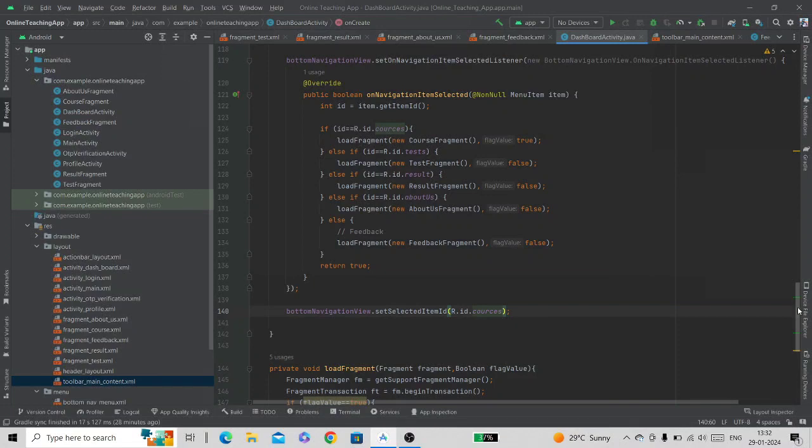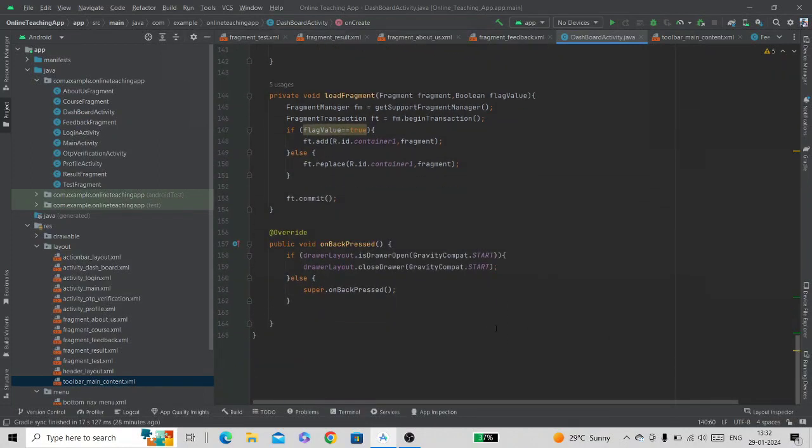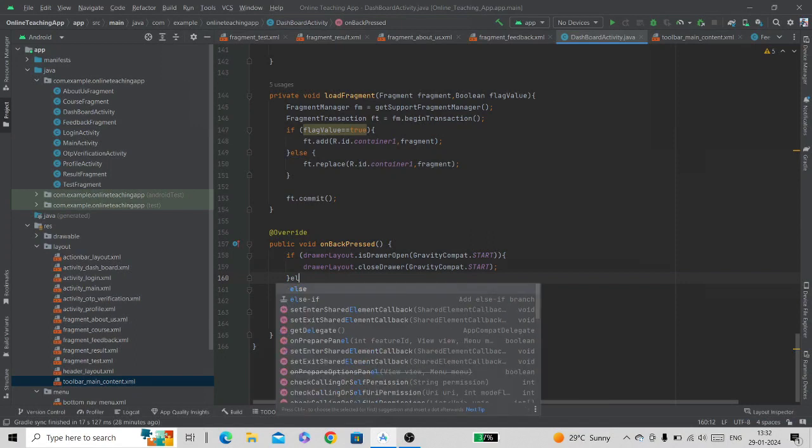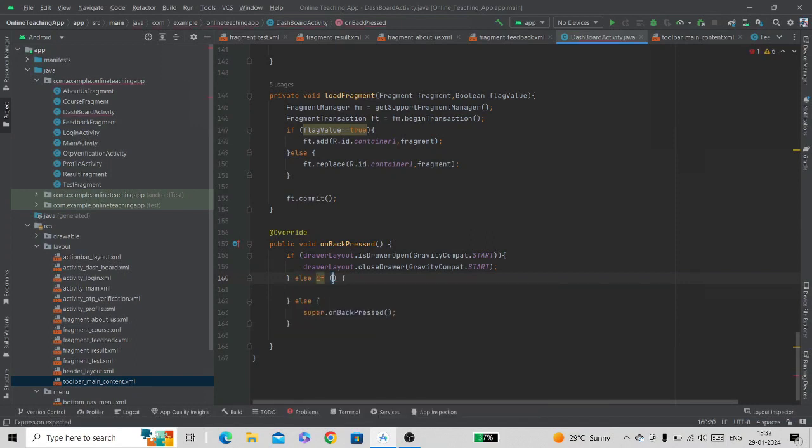For that we will go to this onBackPressed method, and here we will add another else if condition. Inside this bracket we will pass the condition that if the ID is not equal to the course item ID.